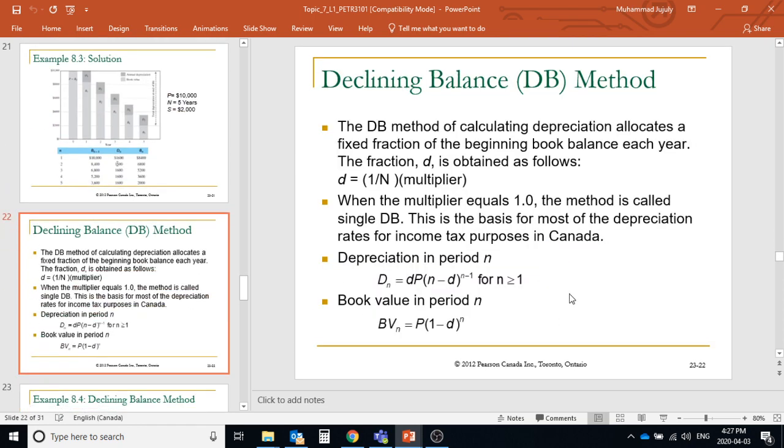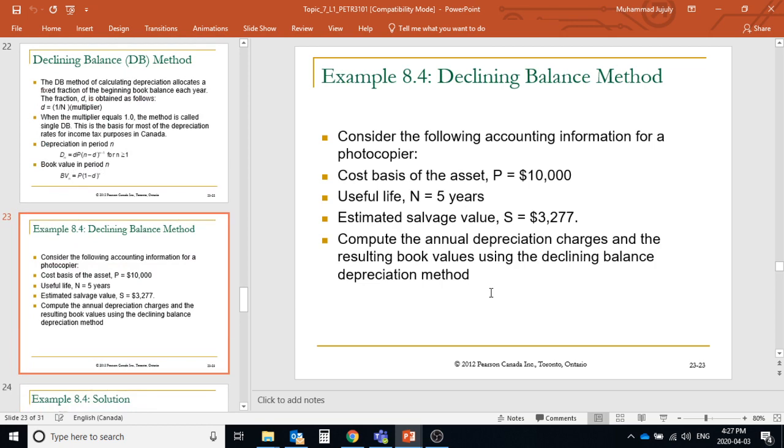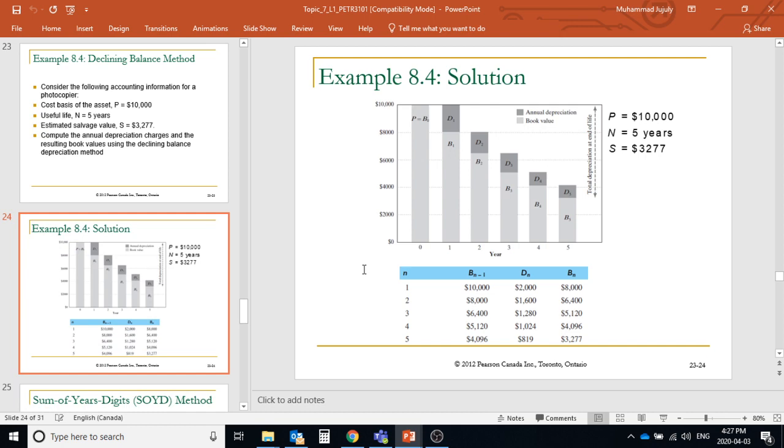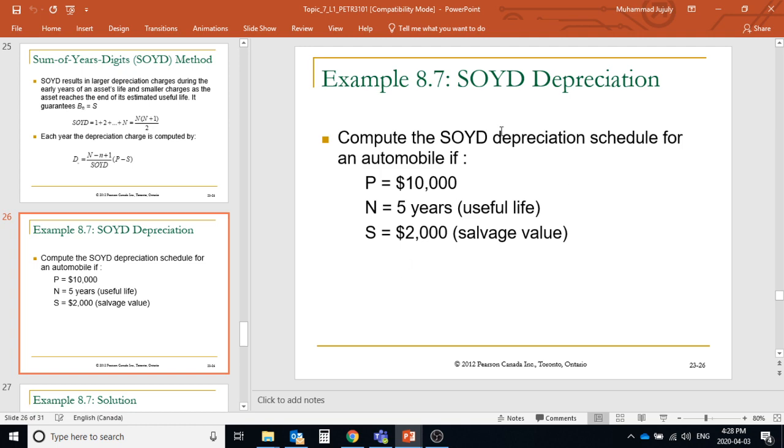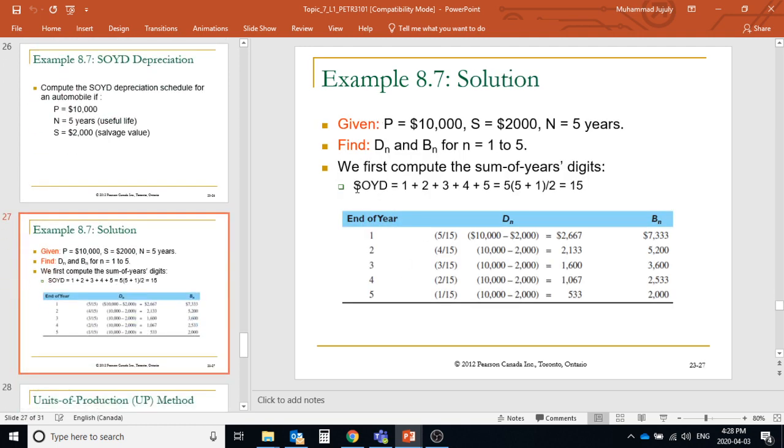Now in case of declining balance, you will see the multiplier is d equal to 1 by n. The multiplier equals 1, and this is the formula for it. You can just plug in these values in this formula and you can calculate with the declining balance method here. SOYD, or sum of years digits, is the same. We have the formula using all these values and you can calculate the SOYD. How can you calculate it? 1 plus 2 plus 3, so total 5, the sum of all years, and then we can determine